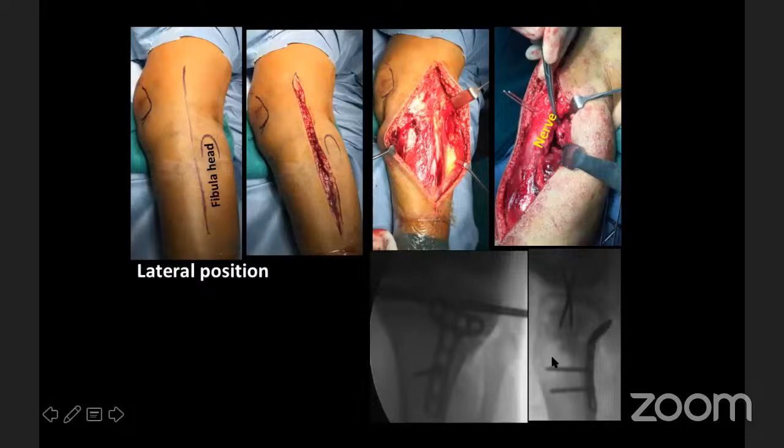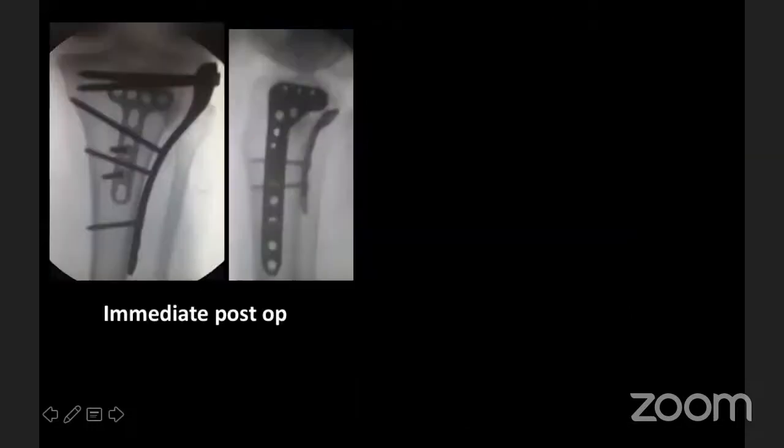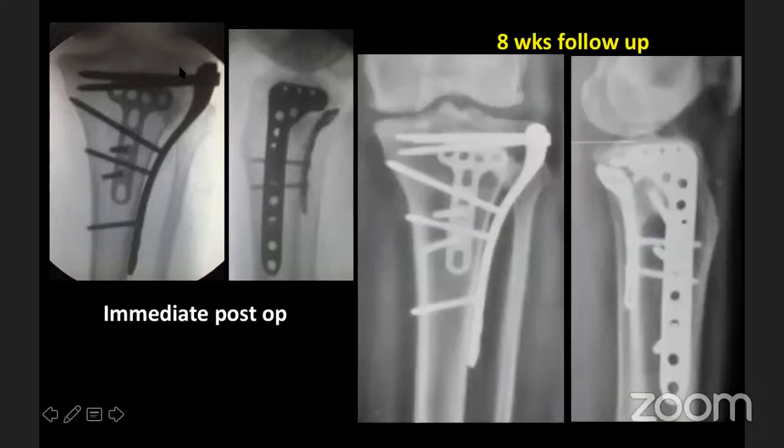First posterior plate buttressing, and you can see it has perfectly reduced the posterior condyle. And that's the immediate post-op X-ray. And that's the follow-up X-ray. So this type of fracture of lateral condyle, which has got both the components, needs direct lateral approach, and it